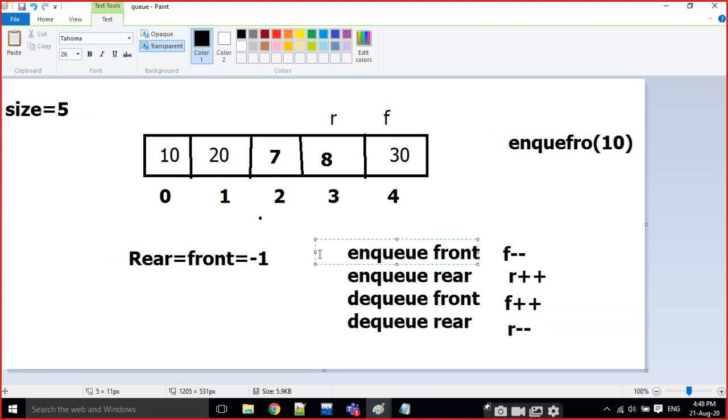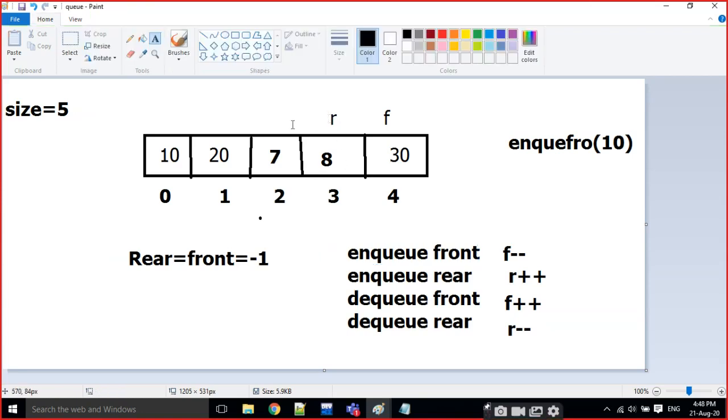Okay, now look at if I'm going to click on DQ rear. DQ rear means we are going to delete the value, right? Now R minus minus. That means it is going to be deleted. It is not here. For example, it is going to be here.